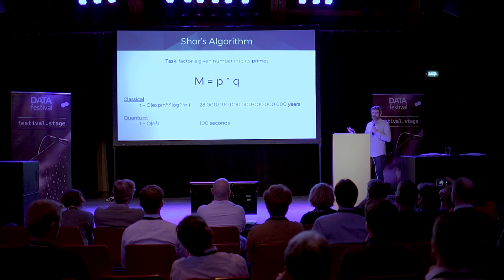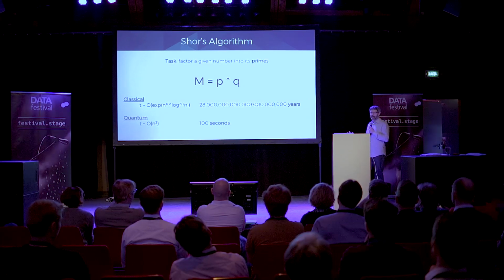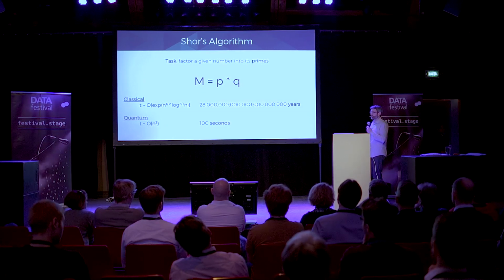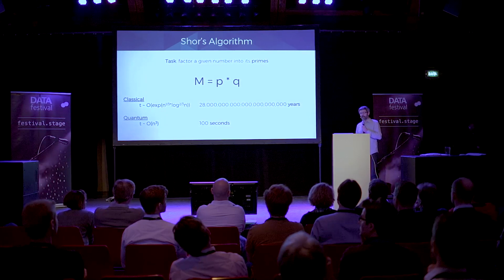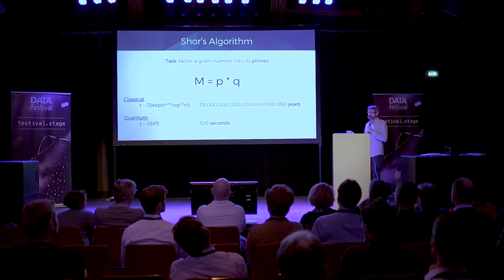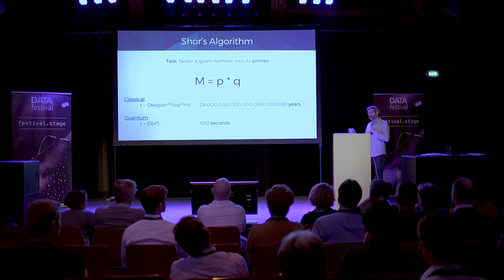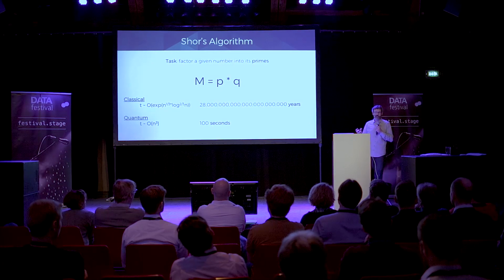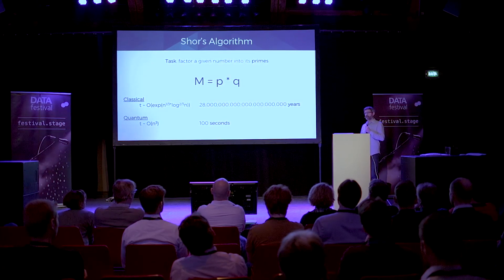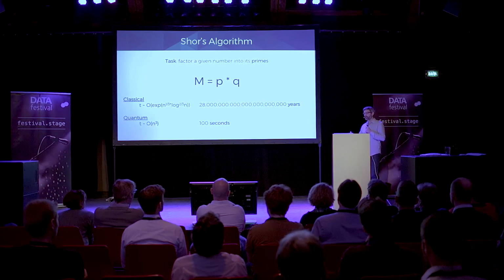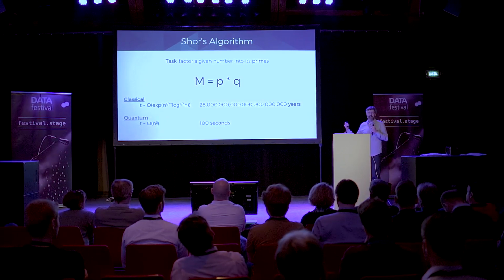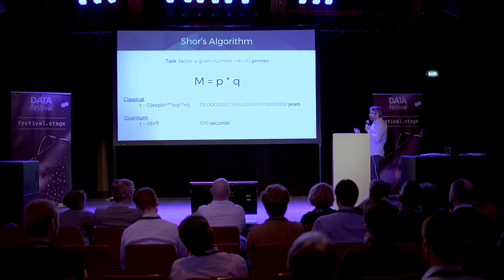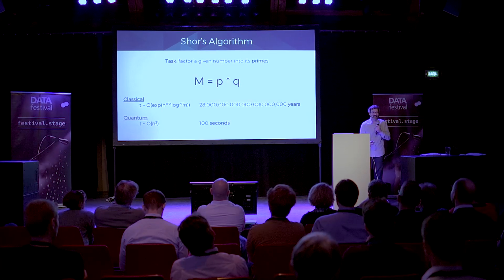So, having this kind of computing power pretty much means that all our encryption algorithms are, well, corrupt. You can all crack them in the end. And that's pretty much a direct result from being able to calculate all the possible combinations of p and q simultaneously. Whereas in the classical computer, I have to brute force run through all the possible combinations, which takes just ages, right? And if that's not impressive, that's pretty impressive, I would say.